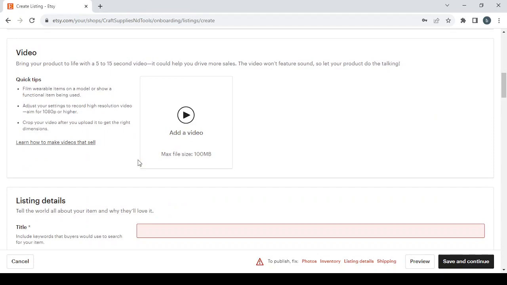Then we have the video. Bring your product to life with a 5 to 15-second video. It could help you drive more sales. The video won't feature sound, so let your product do the talking. And if you want some quick tips, film wearable items on a model or show a functional item